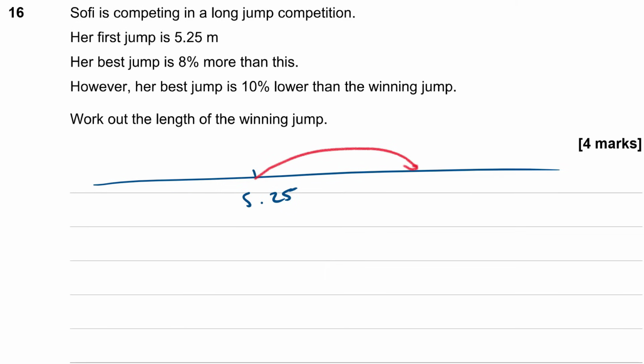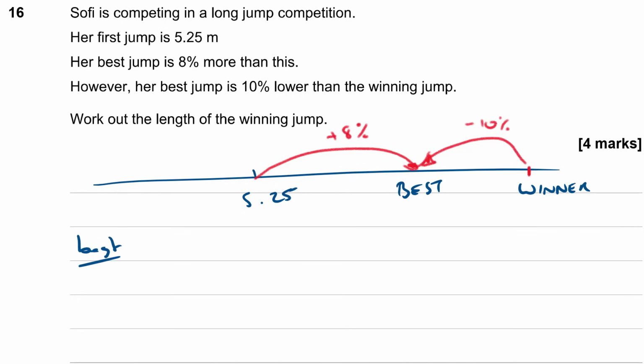Her best jump was 8% above that. But as good as that one was, it was 10% less than the winning jump. So that was her best, and this was the winner. Okay, so let's work out her best jump first off. Best is going to be, well, it's a percentage increase, isn't it? So